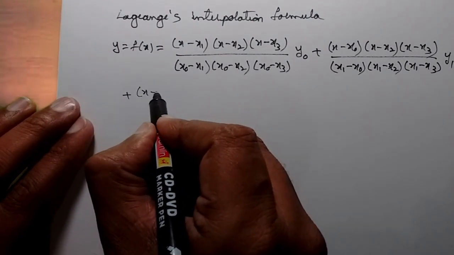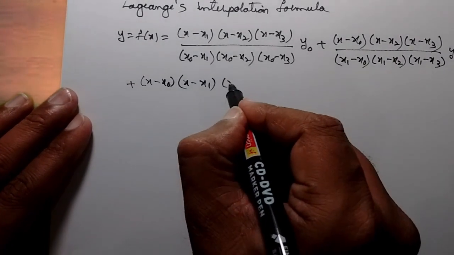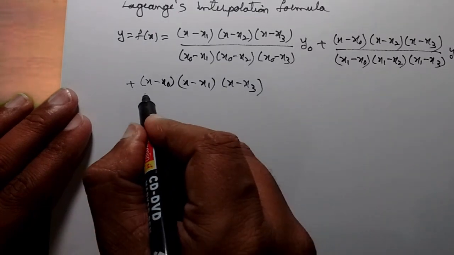Plus (x minus x0)(x minus x1), x2 will be missing, so (x minus x3) whole divided by